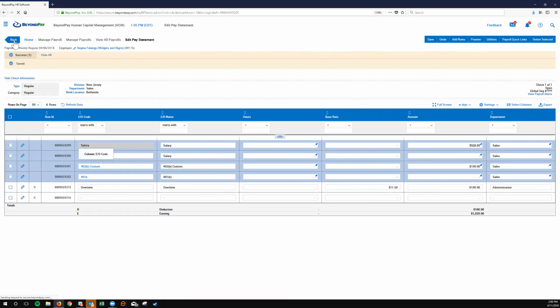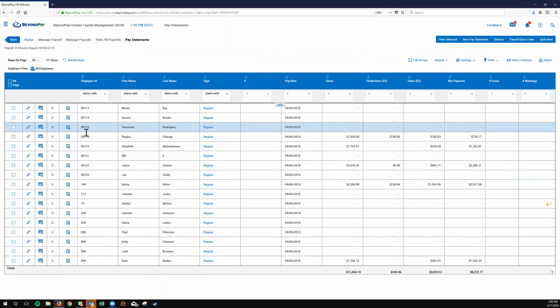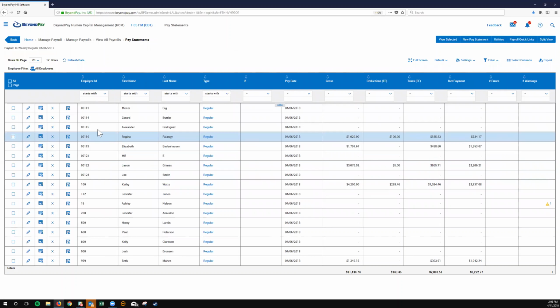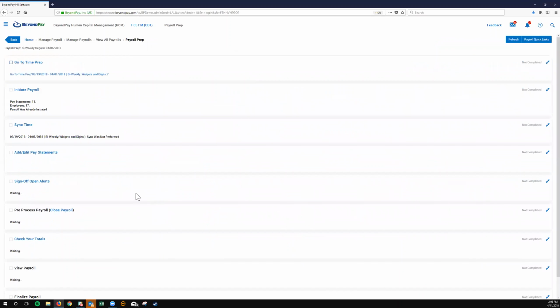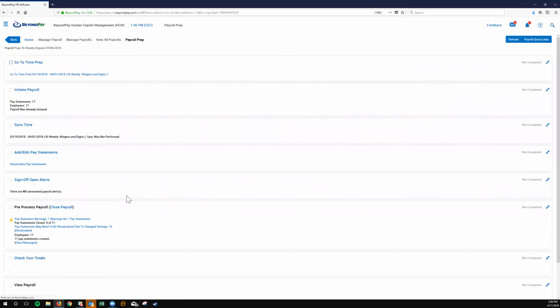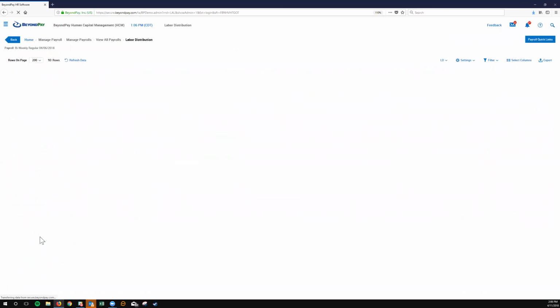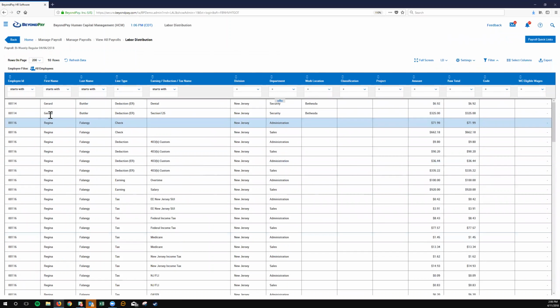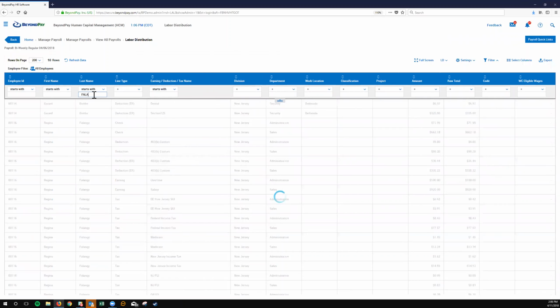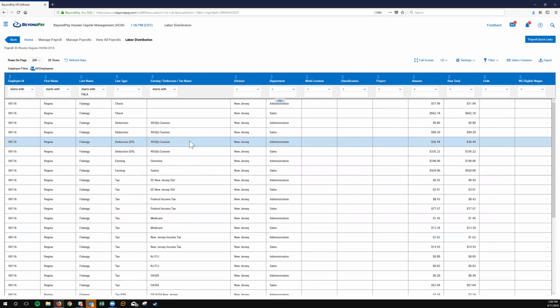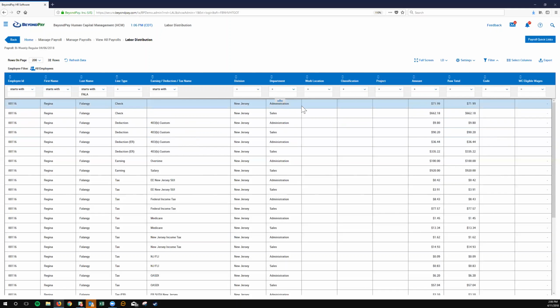Now that I've saved that pay statement, I'll briefly navigate to the labor distribution report just to show you how it's flowing through, and then we'll return to it in a little bit to show you more detail on the labor distribution report. So this report is a little bit busy because of the nature of the payroll. I will go ahead and apply a filter, again on a previous training. And when I navigate to this employee, you can see now that